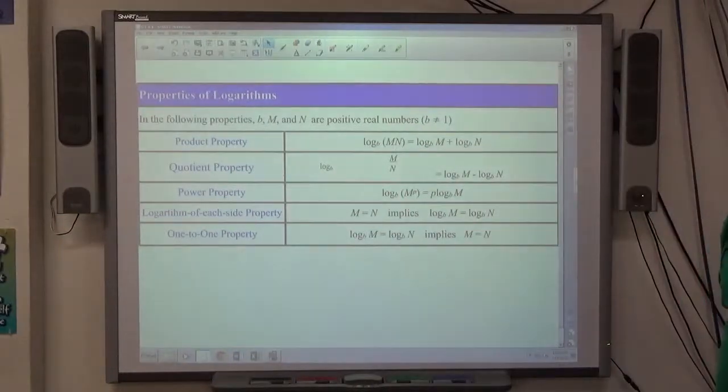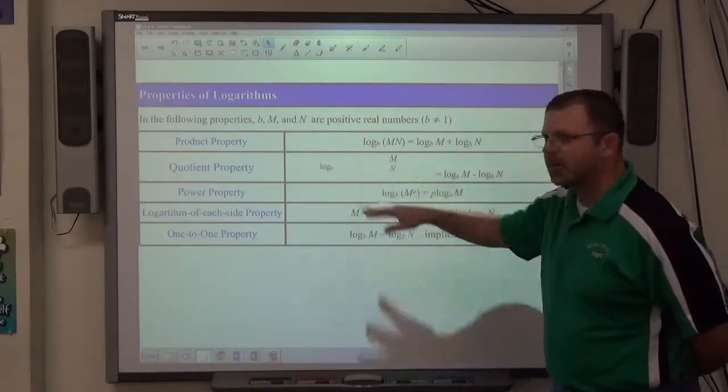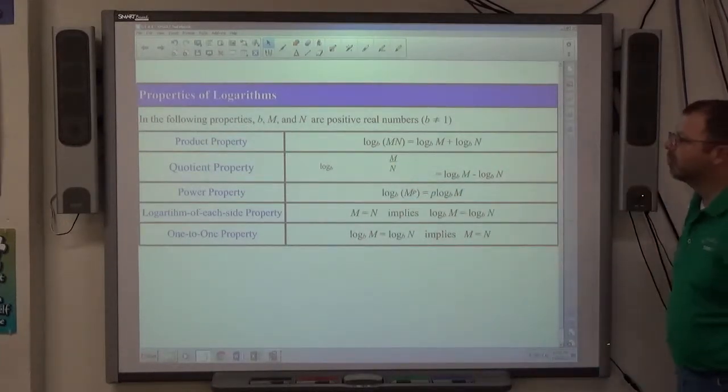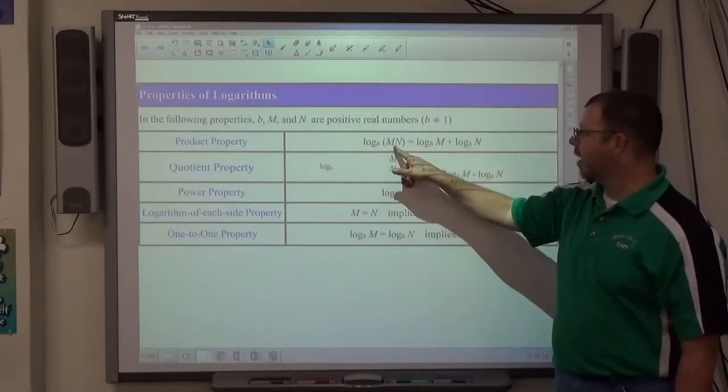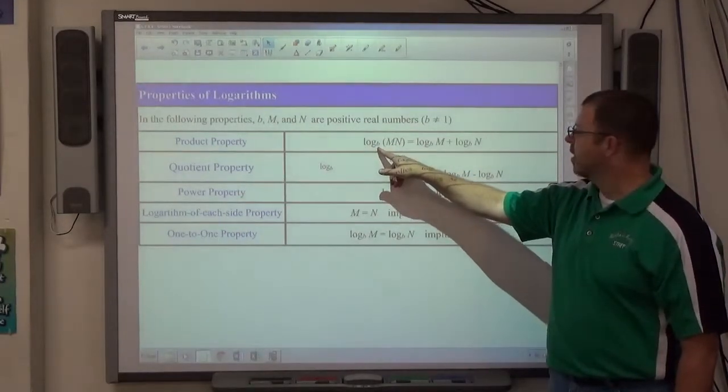On the board here I have the properties of logarithms, and these are just basic properties of logarithms. I don't know what happened to this one here, but oh well. It got kind of squished up a little bit. But the product property of logarithms says if we have the log of a product, base anything, that it becomes